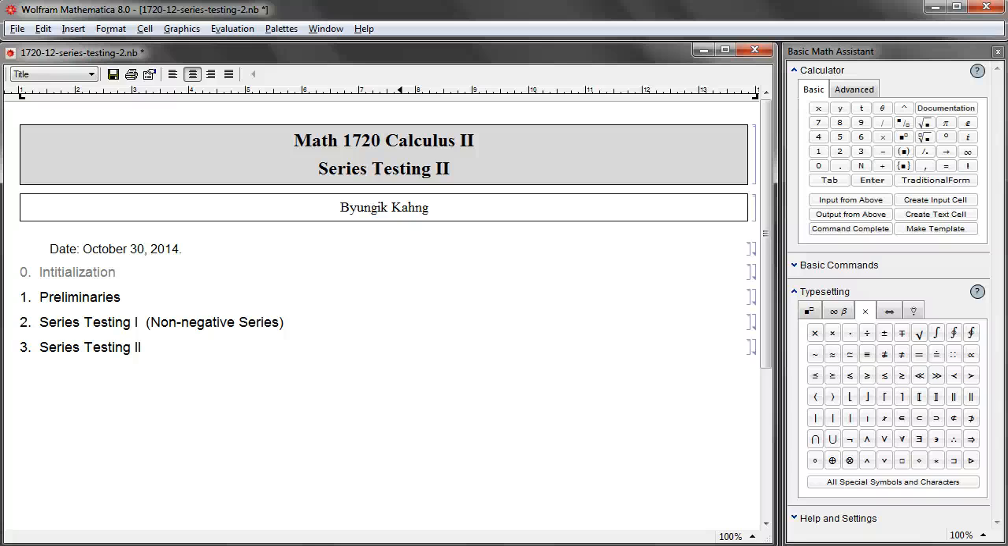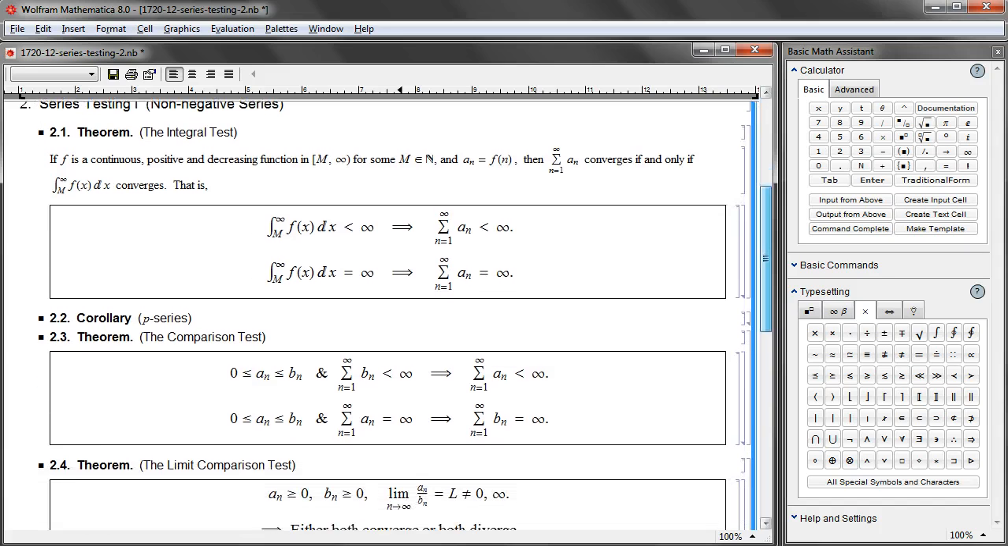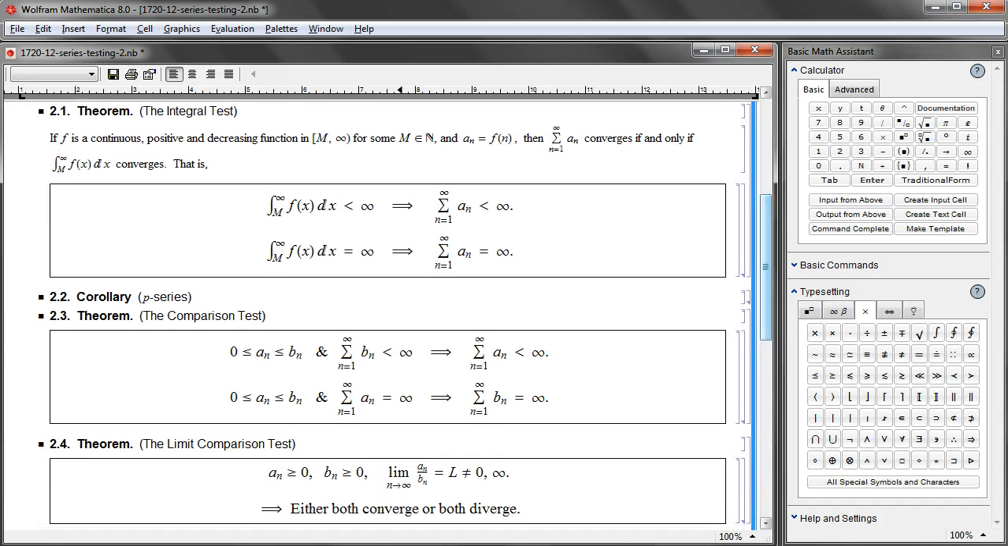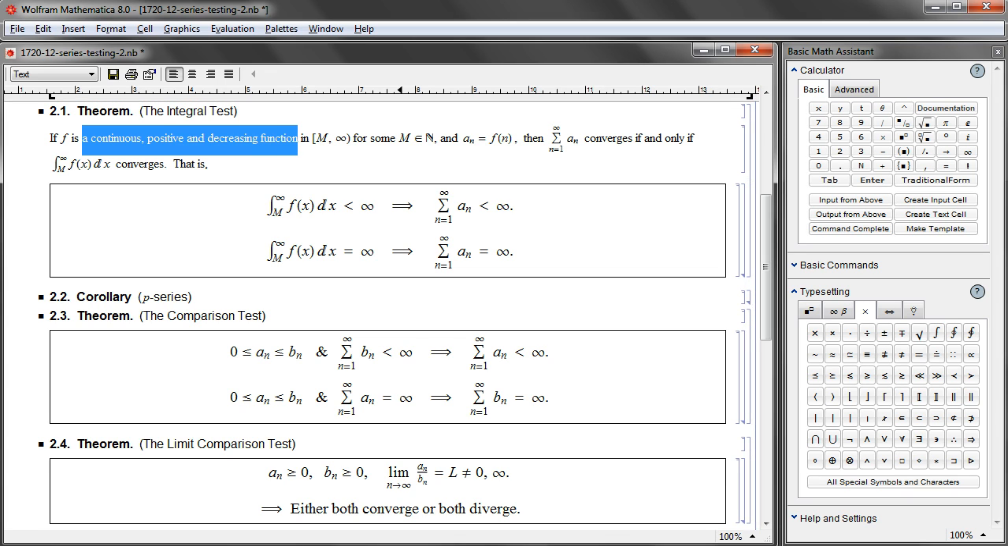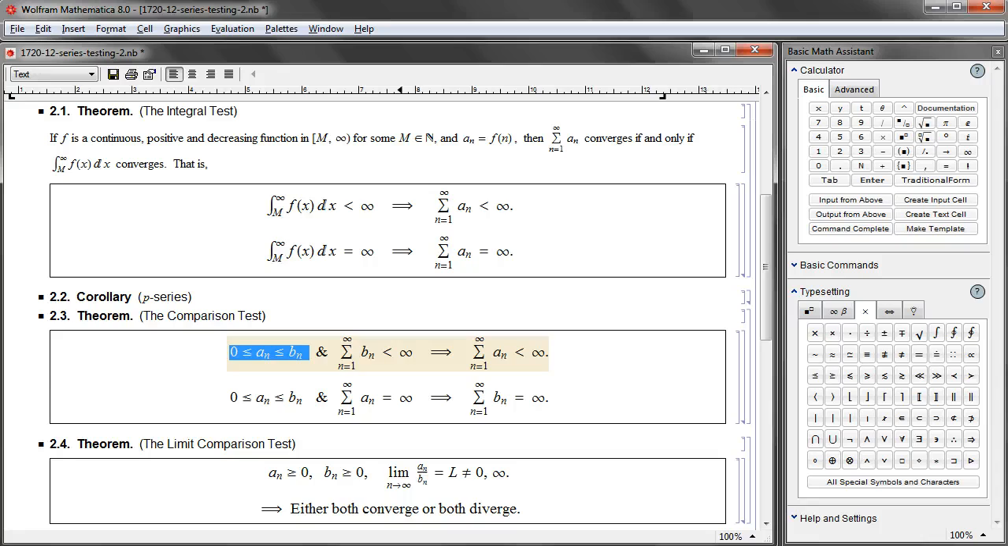In the previous sections 11.3 and 4, we went through 3 important series testing mechanisms that are based upon positive term series. They are the integral test, the comparison test, and the limit comparison test, as summarized here. As you can see, we needed a continuous positive and eventually decreasing function for the integral test. And for the comparison test and the limit comparison test, both an and bn should be greater than or equal to